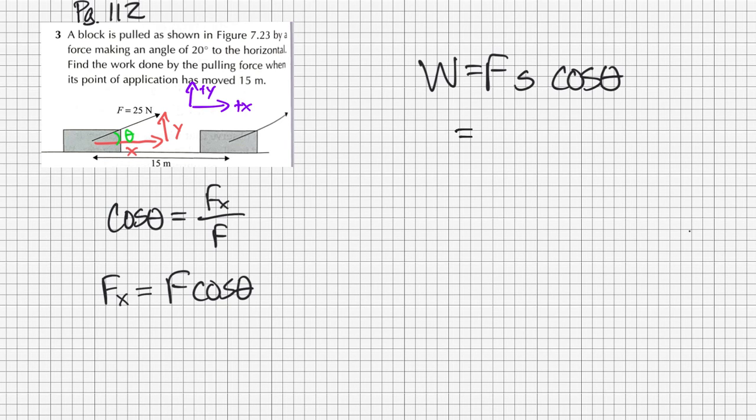A pretty straightforward question. So we're going to have 25 newtons, displacement of 15, and our angle between our displacement and our force is going to be the 20 degrees. When I plug all those in, I'm going to get a work done of 352 newton